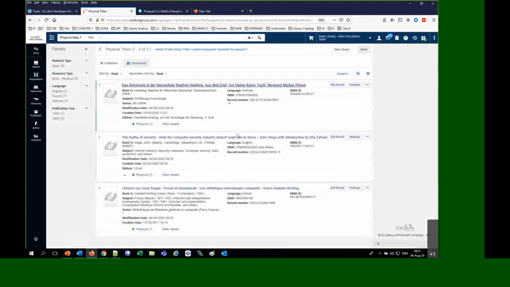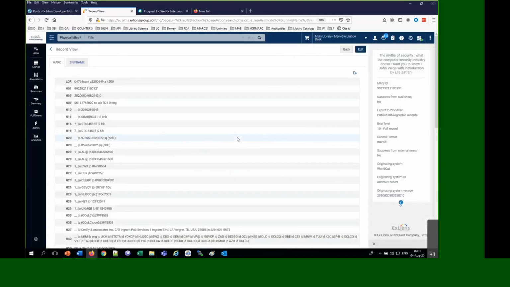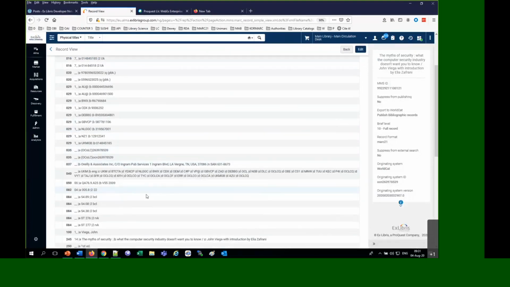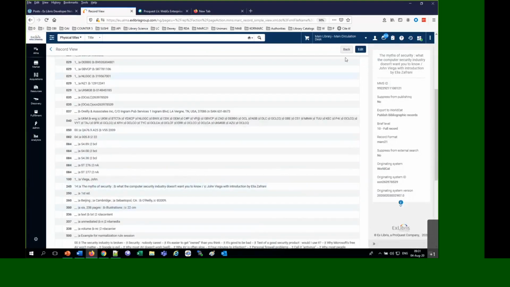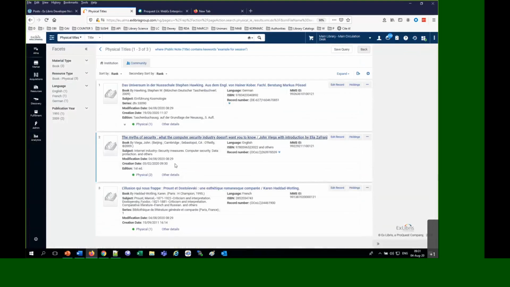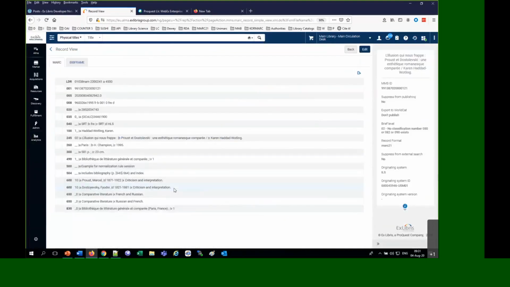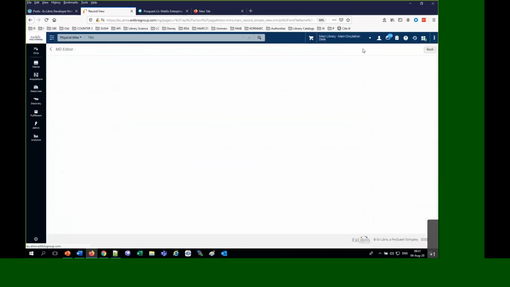Next, this one here had the wrong indicator. Now it's got a 4. And then we had the Italian one. Was it Italian or French? In any case, it's now got a 2. Previously, it didn't have a 2. I believe it had a 1. And if we go in and edit,